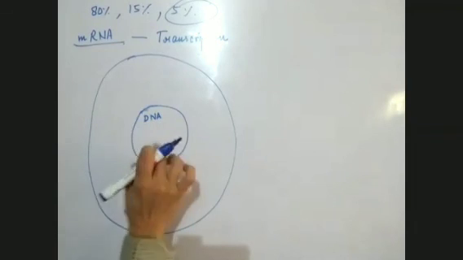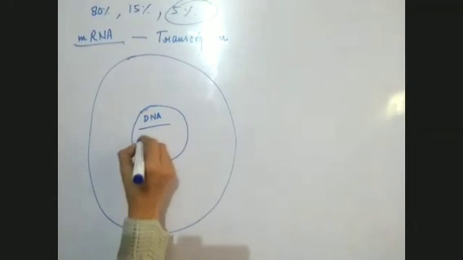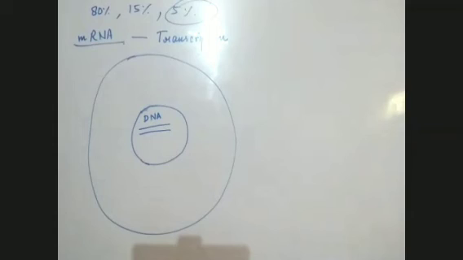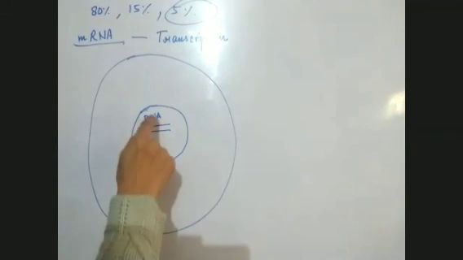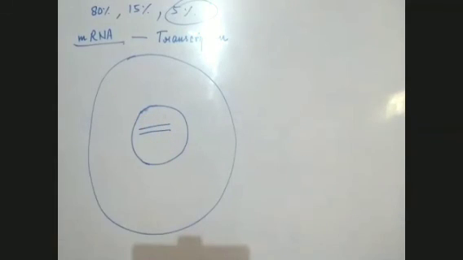This DNA has two strands. DNA is a double helical structure, two strands of DNA are present. You all know it very well. We have already done this. Okay, helically coiled strands of DNA. It has two strands which are helically coiled. This DNA has got some,